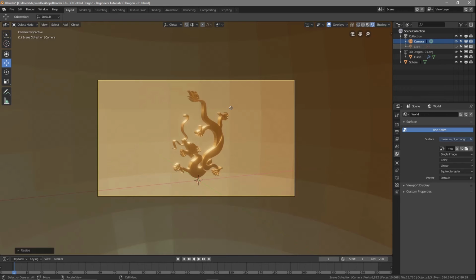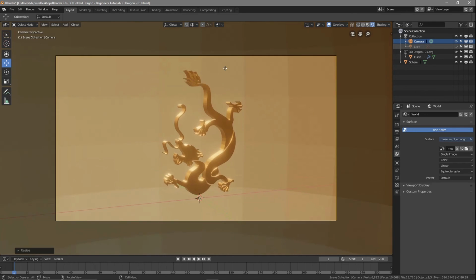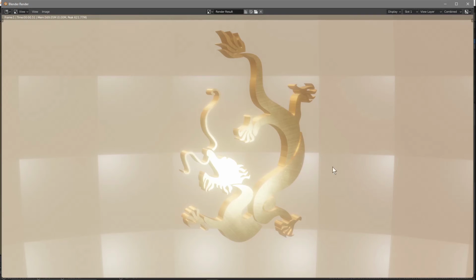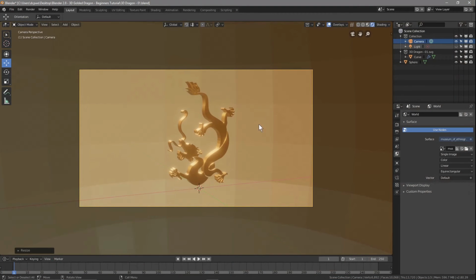Now we've got rid of all of that background, this museum scene. So if we were to render it now with F12, we've got rid of that background, but we can still see it ain't looking quite right. So there's a few things wrong in here somewhere. So what we'll do is